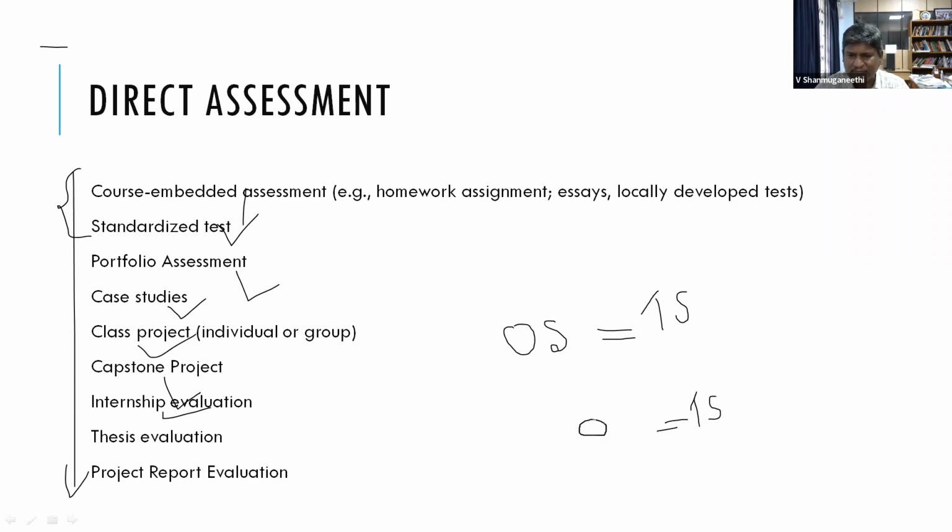Suppose Madam asked the question, are you asking about the review or feedback? Why is she asking this question? Because she was unable to understand what exactly the question is. Am I right, madam? Actually, that is the reason she is asking, are you asking about the review or the feedback?